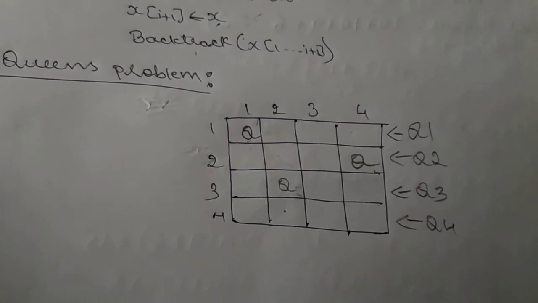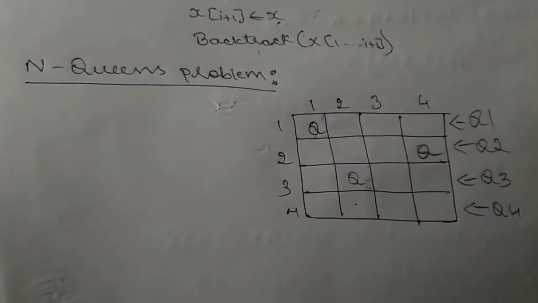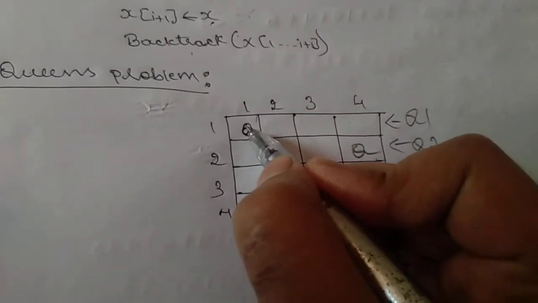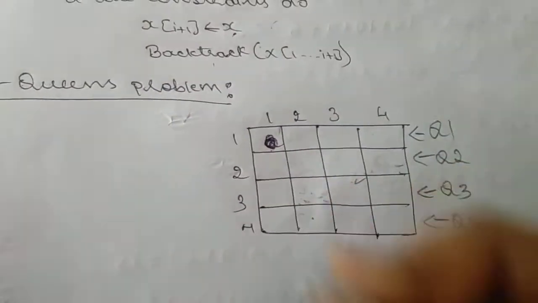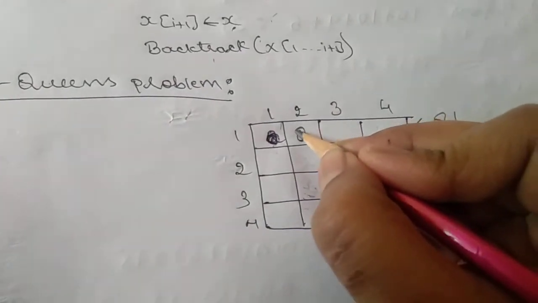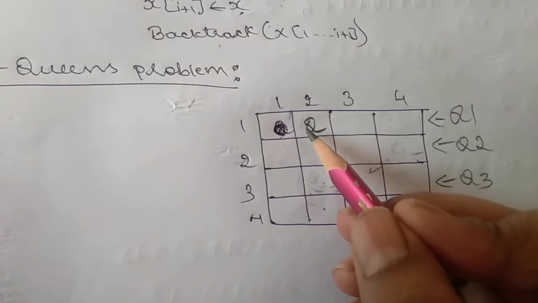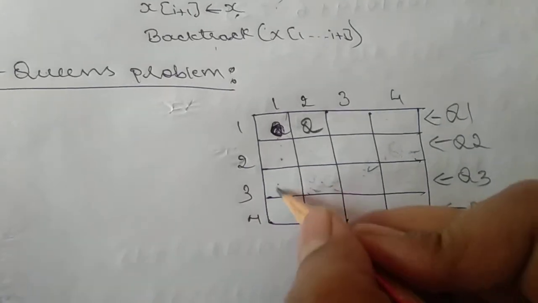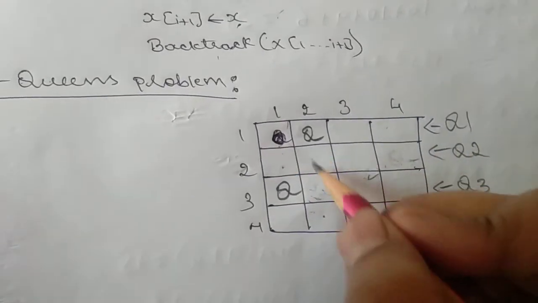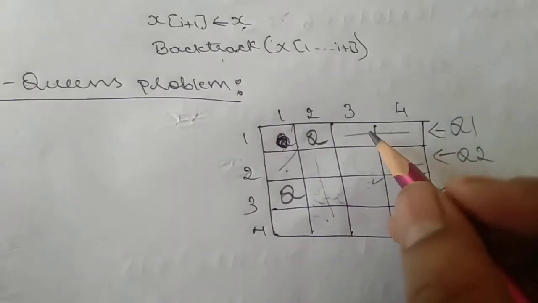Now let me take the problem, then you'll come to know how to solve this one. Before going for the problem, I have checked that here it is not possible to place the queen. So what I'll do is I'll place in the second column first. Now you check in the first row where you can place. Here you cannot place, here you cannot place, here yes, I can place the Q, because this queen can attack only in this way. Then I'll come to row 3.